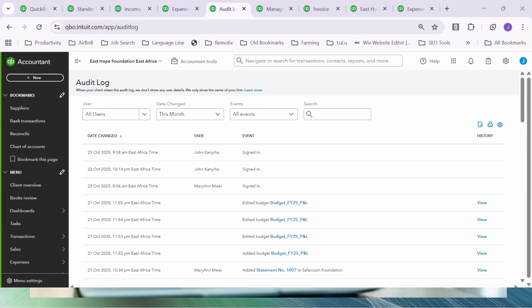Let's talk about accountability for a minute here. Every NGO is answerable to donors, board, and auditors, and QuickBooks has one powerful built-in accountability tool, which is called the audit log. Here, QuickBooks automatically tracks every activity by every user in real time. You can see who logged in, what they changed, and when it happened with exact timestamp. So on the left, you're seeing the timestamp, and then the user, who is myself, and what I did